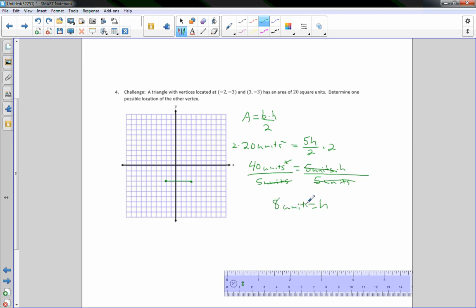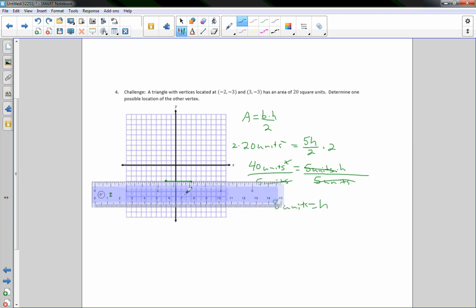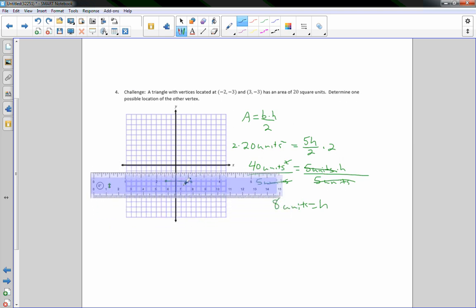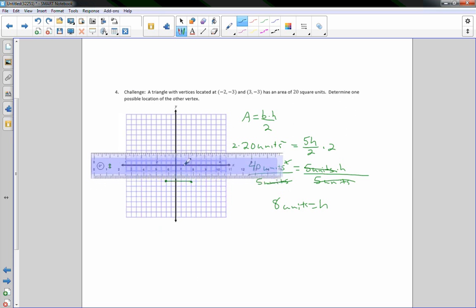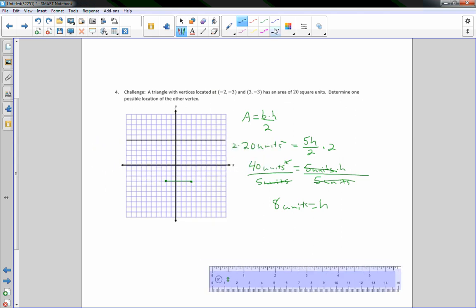So the height is 8 units up, so I need to draw a triangle with a height of 8 units, and there are many, many answers to this. It's actually infinitely, I believe. And all I've got to do is go up 1, 2, 3, 4, 5, 6, 7, 8. So I know my height has to be, the vertex has to be on this line right here somewhere in space. And when I draw, it doesn't matter if I put it here, or if I put it here, or if I put it over here. When I connect these dots,